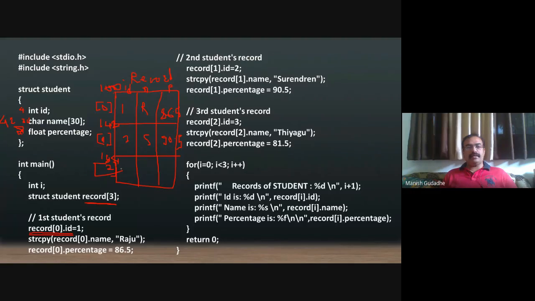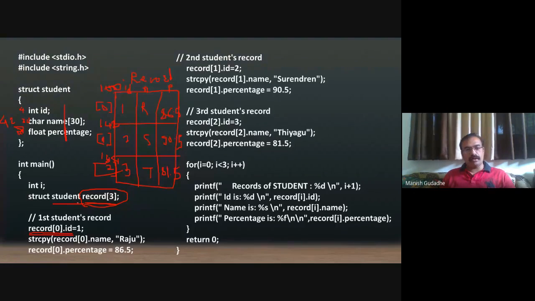And I can now use all these elements very separately, very independently. I can modify them. I can add something in that. I can put a new value in that. So anything we can do. Ultimately, what happened here? We have created 3 records of name student, but each record is going to have 3 variables in it.